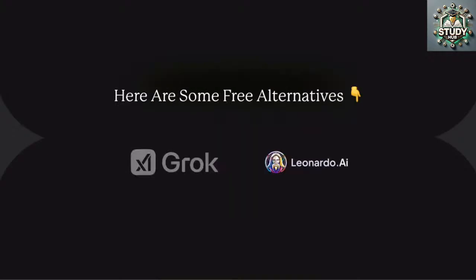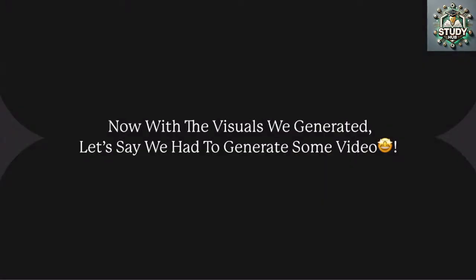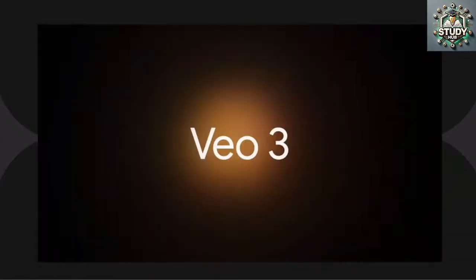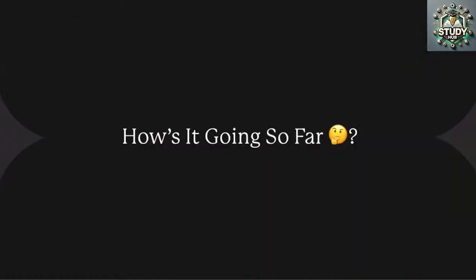That's the main reason why they have integrated all three, because there is no fourth way to communicate on this planet. And just to give you free alternatives also, you can use Grok, but personally, Grok images are not that great compared to ChatGPT or Gemini. Leonardo AI is also good. We generated video using Sora as well as Veo 3, both of which we have seen, and that's how the model is capable of doing all three things. So now we have to start with the AI tool building, our personal toolkit.